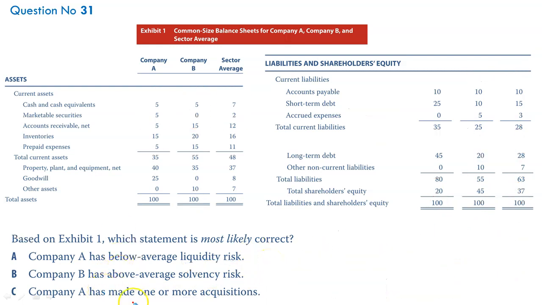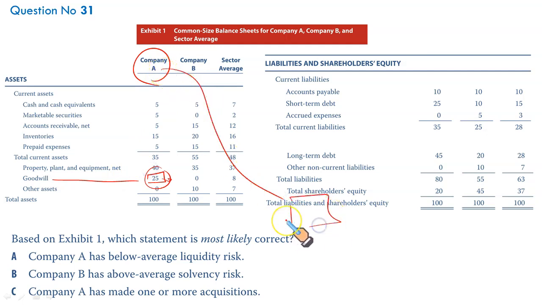All right, it says company A has made one or more acquisitions. If you just look at the balance sheet of company A, if company A has made an acquisition, it should involve goodwill. If you just look at the non-current assets, there is 25 representing goodwill. This goodwill only arises if company A has acquired a subsidiary B, C, D or any other company. So this goodwill presence in the balance sheet of company A represents that it has made one or more acquisitions,